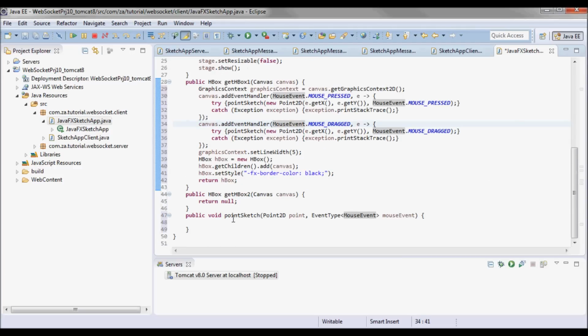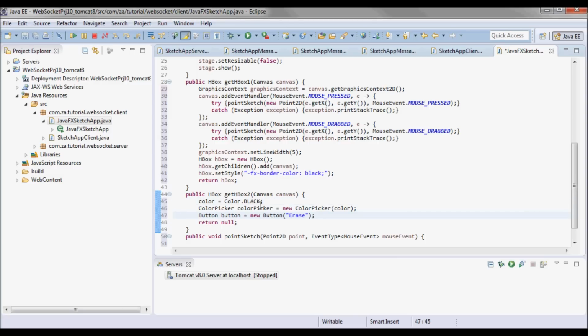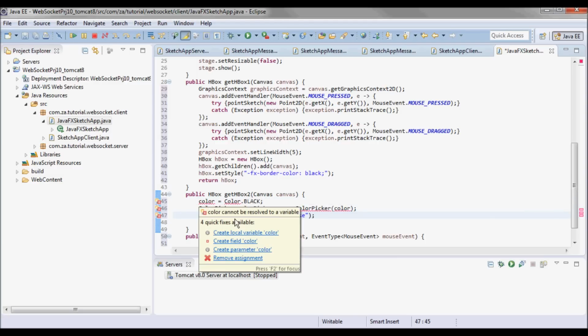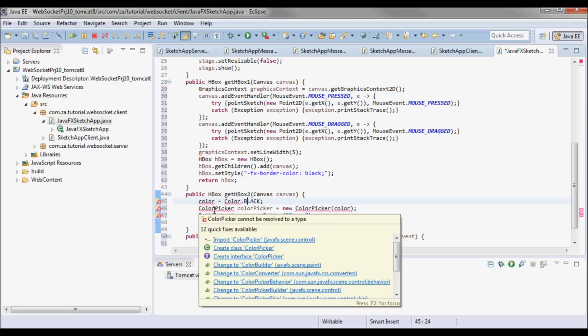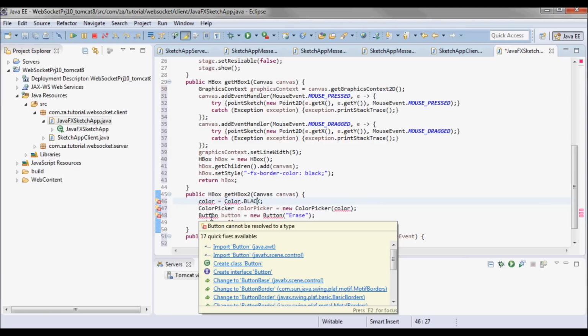Now before coding the pointSketch, let's go to getHbox2. So what it will contain is a color picker, which initially will have this color, and an erase button.